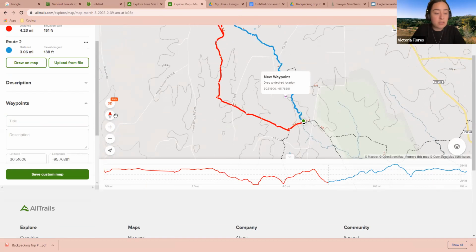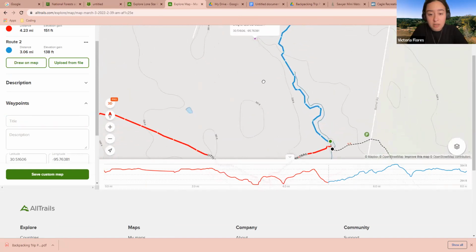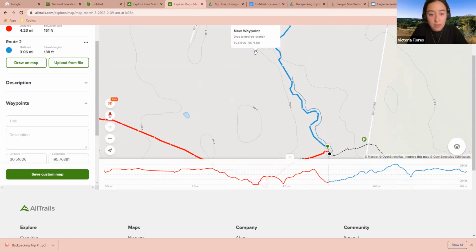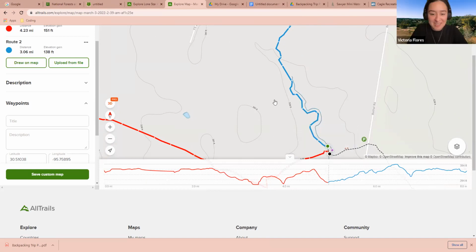And what you can do is if you zoom into the map, you can leave a little dot there to show you where that water source is at. So if you drag it down, perfect. And you can leave it there, like around the top of that creek, it looks like. Yeah, it's really tricky, but maybe you can leave it a little bit above one of those dots. Perfect. Here we go.